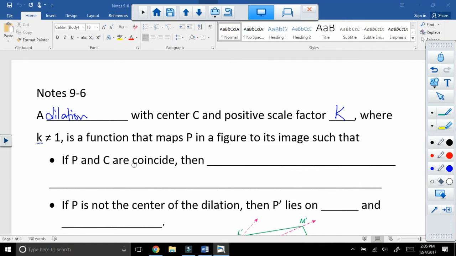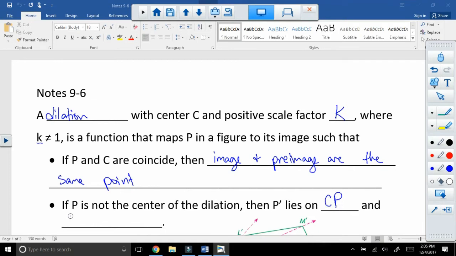If P and C are coincident, then what that means is that they are going to be the same point. So we can write down that the image and the pre-image are the same point. In other words, it's not moving at all. And if P is not the center of the dilation, then P prime lies on the line CP,